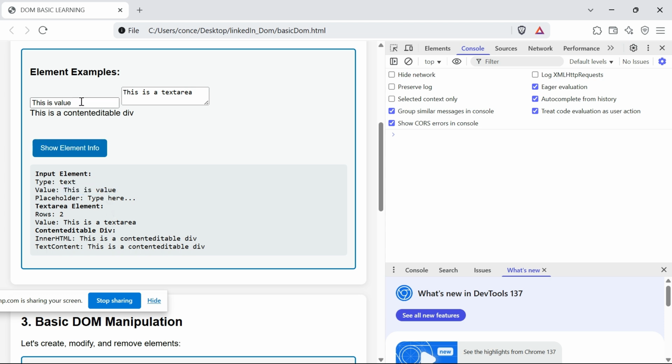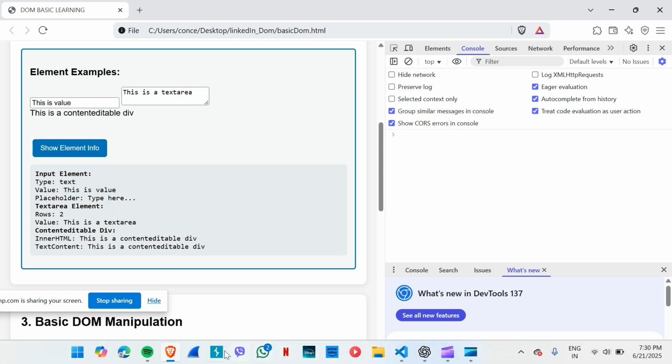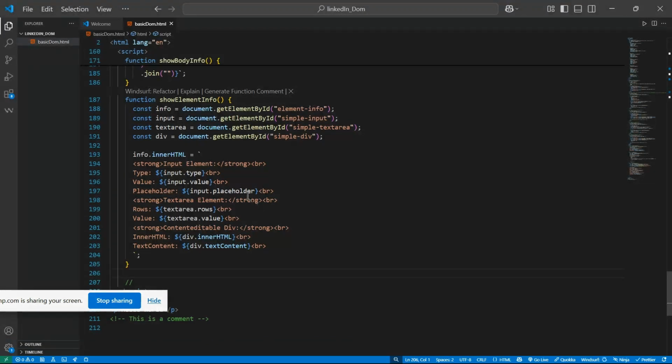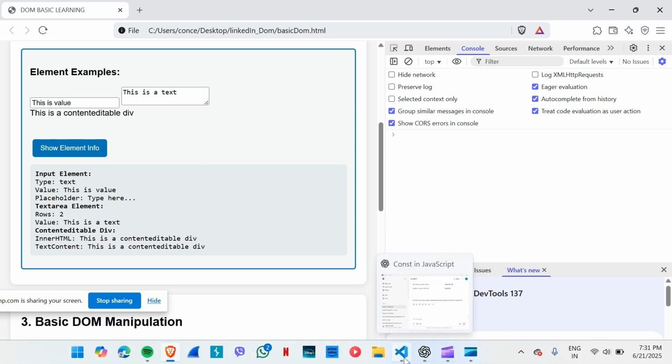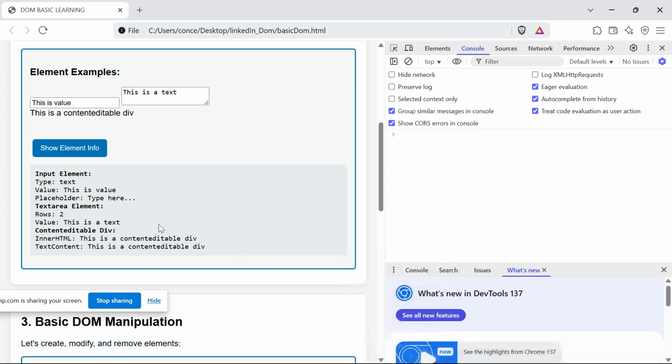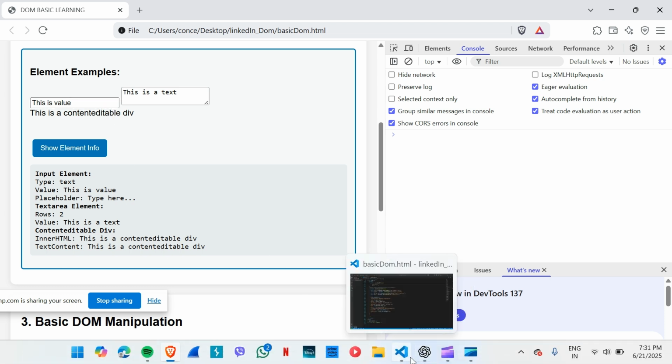Now in the text area, we are also doing the same logic. We are using text area dot value. You can see here, this is text area. Now content editable is a little bit different from input and text area. As I already mentioned, one difference between the text area or content editable and the input field is the handling of multi-line. Another difference is that